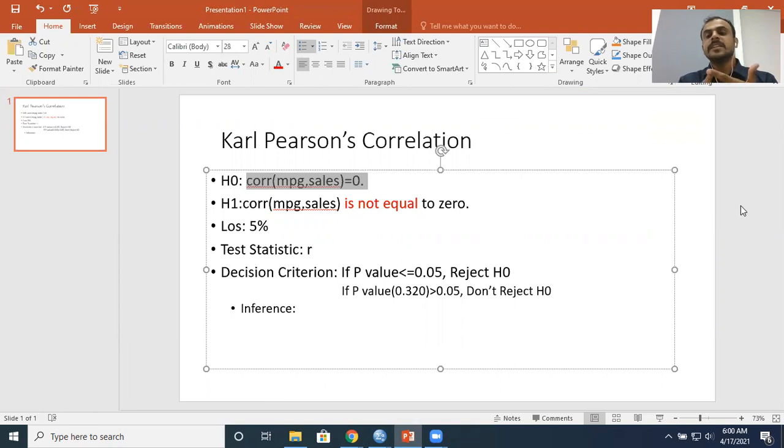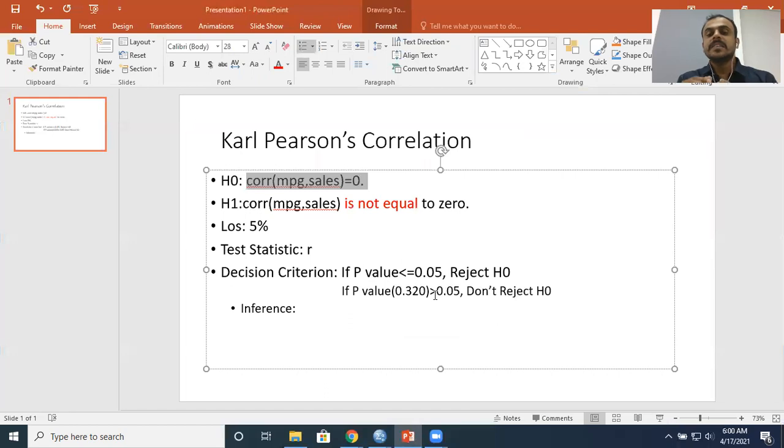Secondly, do you see any distinct non-linear pattern? I didn't see any non-linear pattern, right? So I went ahead and did my correlation. Third important assumption, there should not be any outliers in the data set. There were outliers, I removed them, I reran the correlation table, and I was able to get the revised estimates for my correlation value, right?